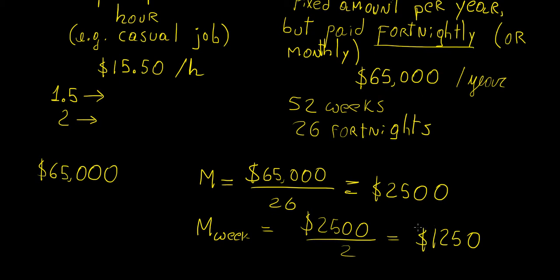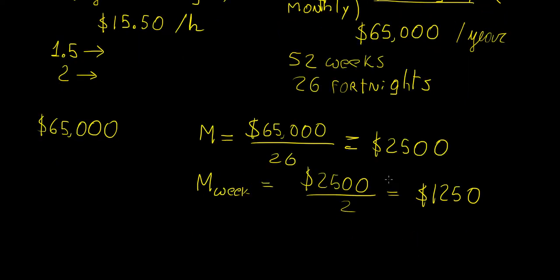Okay, and you might think, oh wow, that sounds like a lot of money, but in the real world we have bills and we have a lot of things that we need to pay for that unfortunately we cannot live without. So food is one of them. And in general, if you take into account how much food you're eating during the week, if you're doing grocery shopping once a week, or if you're eating out every day, that could usually vary anywhere between $100 if you're really saving money, and it could go up to even $400 or $500 if you're eating at fancy places on a regular basis. So already just on food you're spending that much.